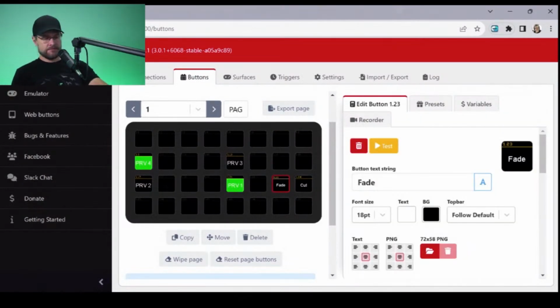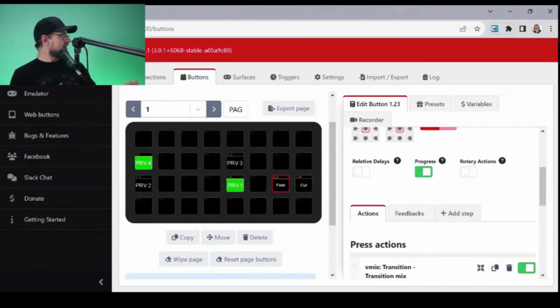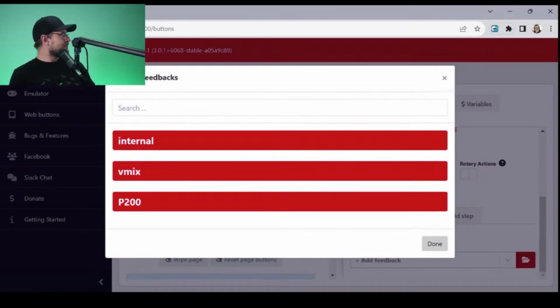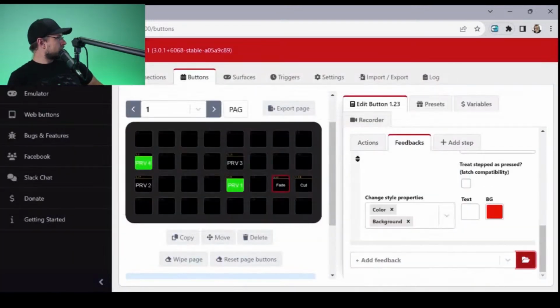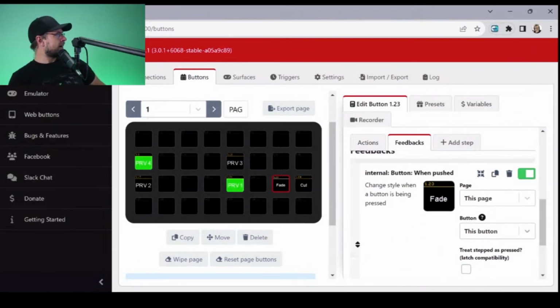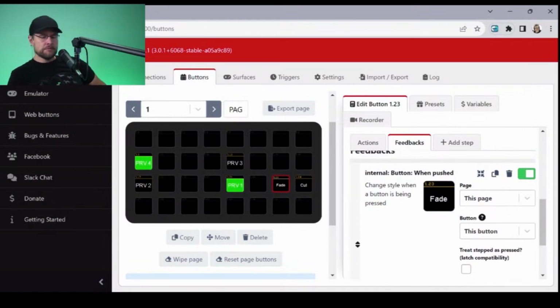But is there any way to provide feedback? That's the question, right? That's what we want to try and figure out here, is getting feedback. It says add feedback. Internal button when pushed. Say done. What am I doing here? Oh, fade. Interesting. Not too sure I find it particularly helpful because it doesn't stay on. Or maybe it should be delayed or something. When I press fade now,